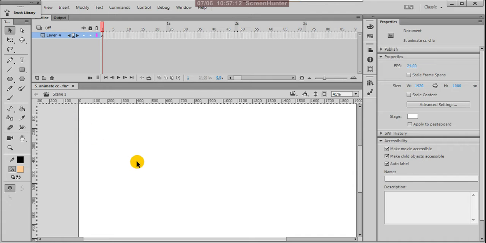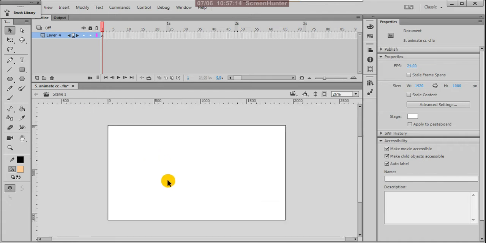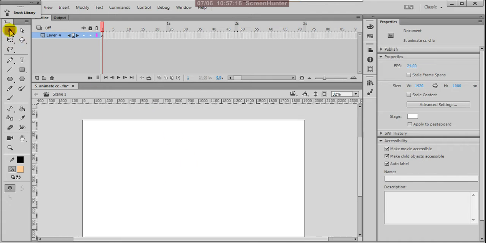Let us check the first tool. This is the selection tool. The selection tool shortcut is V. Animate CC also comes from the same Adobe family.